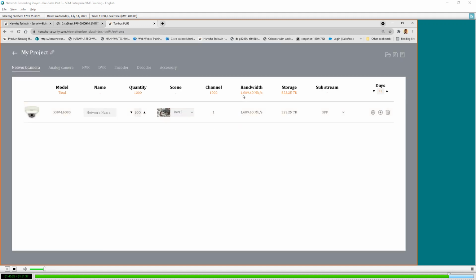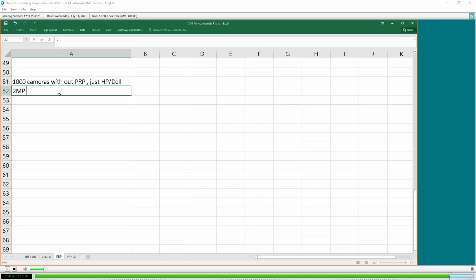Okay, so I need 1689 Mbps for 2 MP, quantity 1000. First, maximum cameras per server. If you use third party, if you don't use PRP, you cannot go above 128.